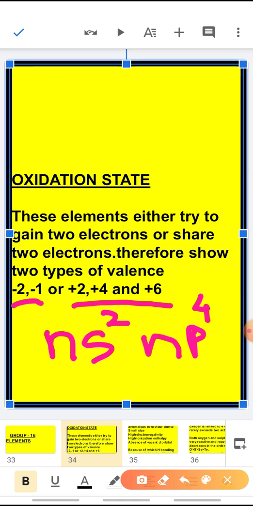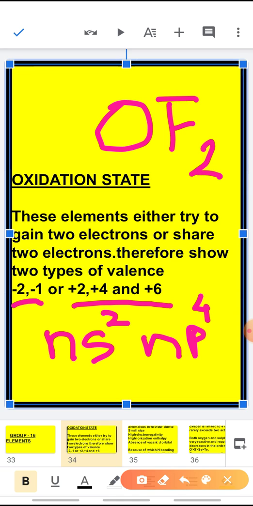And for the other elements, their stability increases when the positive oxidation state increases. Oxygen cannot show the positive oxidation state except in a compound like OF2. You all know fluorine is the most electronegative element of the whole periodic table. After fluorine comes oxygen. So when there is a bond formation between fluorine and oxygen, oxygen has to show positive oxidation state and fluorine will always be negative, obviously.